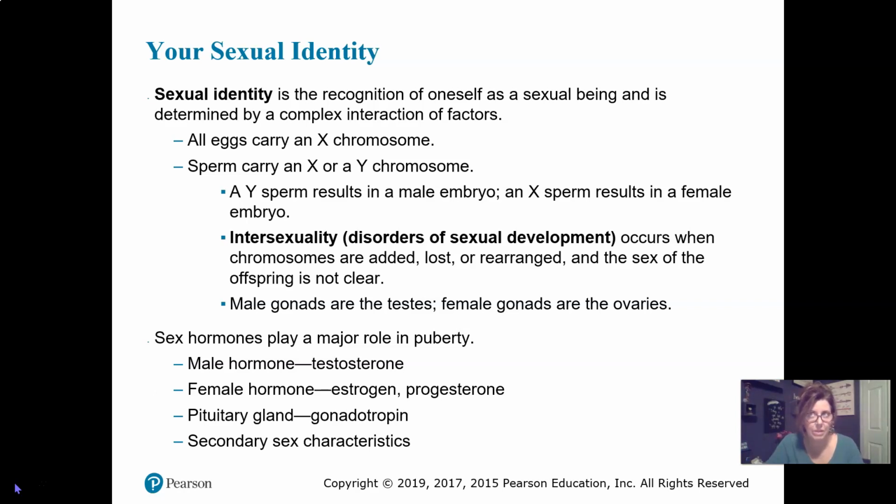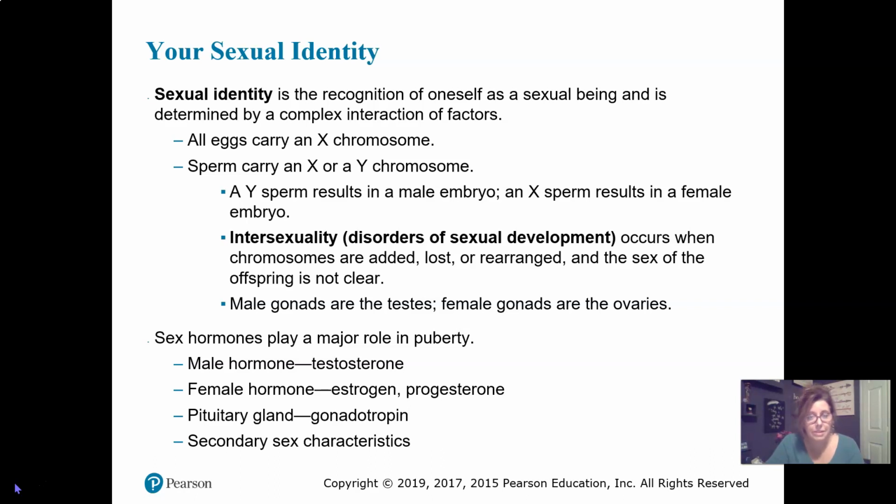So I believe the statistic is 1 in 6 children are born intersexed, and you have about as much likelihood of being intersexed as you are of being born with red hair. My sister was born with red hair. So